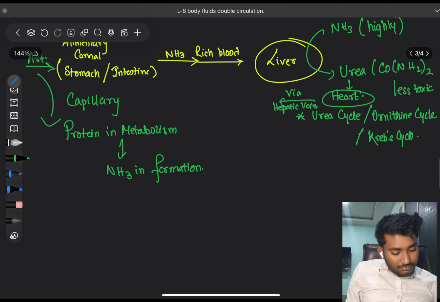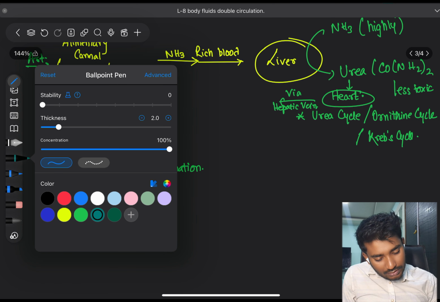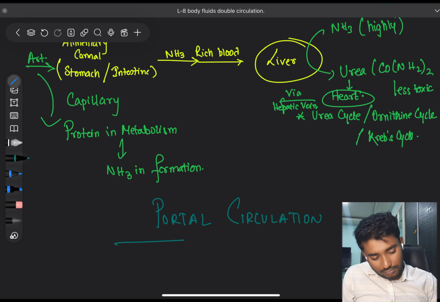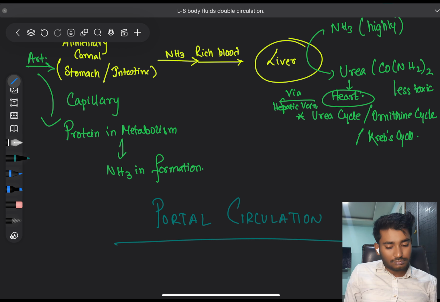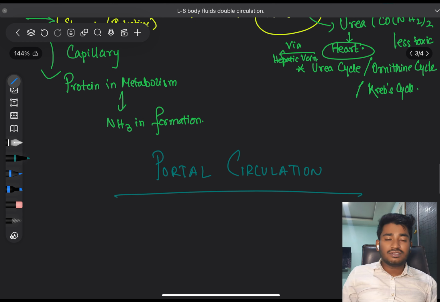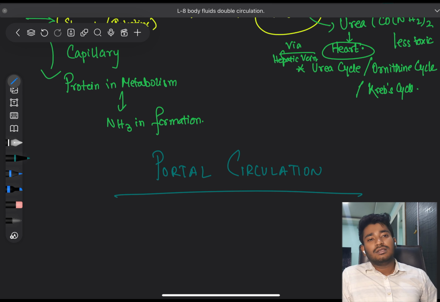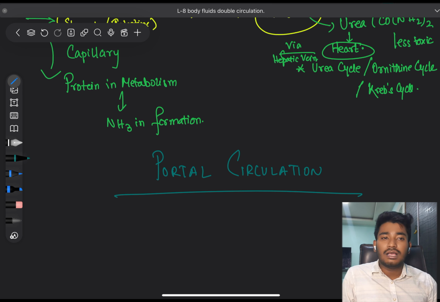Okay, this is the portal circulation. So where do you find the highest concentration of urea? The highest concentration of urea is found in the hepatic vein, and this question probably came in